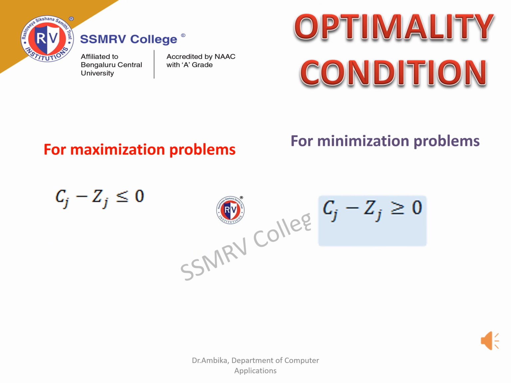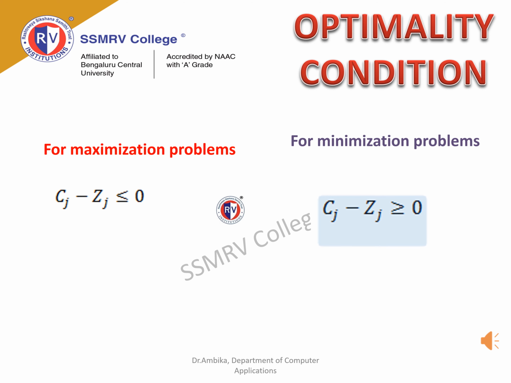To reach the optimality condition, we need to check whether the problem belongs to a maximization method or the minimization method. If it is a maximization method, Cj minus Zj has to be less than or equal to 0. For minimization method, Cj minus Zj has to be greater than or equal to 0. The considered problem is the minimization problem. Hence, Cj minus Zj has to be greater than or equal to 0. As the first and the second column have values less than 0, the procedure is to be continued to the